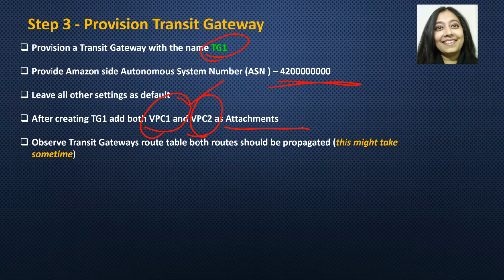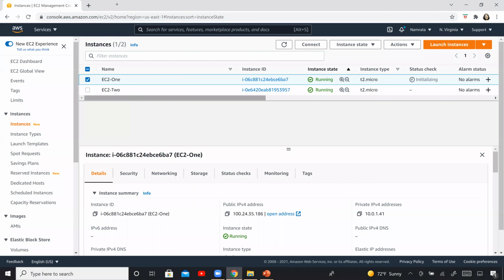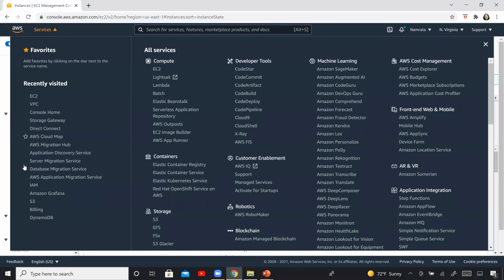And finally, after we have attached both the VPCs, we will check our transit gateway's route table to ensure that routes for both the VPCs have been propagated. Provisioning the transit gateway, attaching the VPCs, and propagating the routes takes some time, so please be patient.